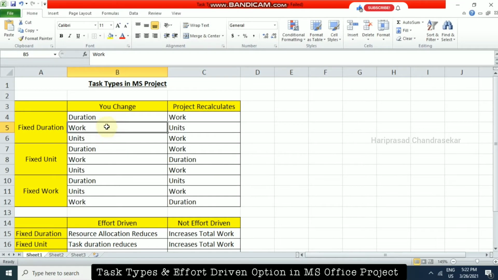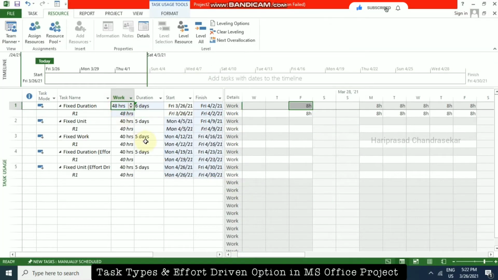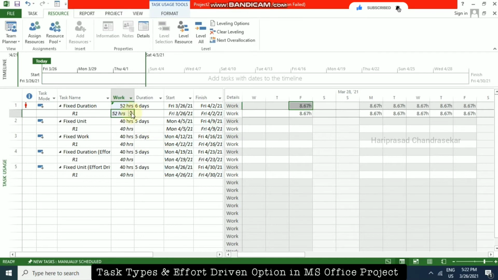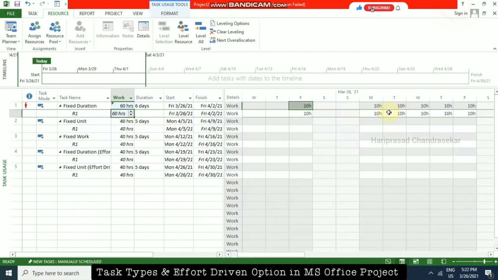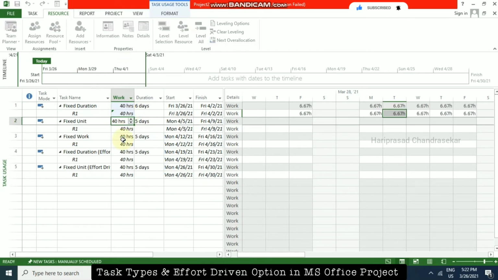Again, if you change work, it will recalculate units. If I put 52 or 60, it will recalculate the everyday units. When you change the work, the unit got changed. We can see the updates.